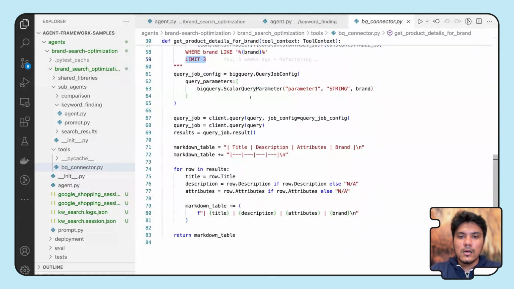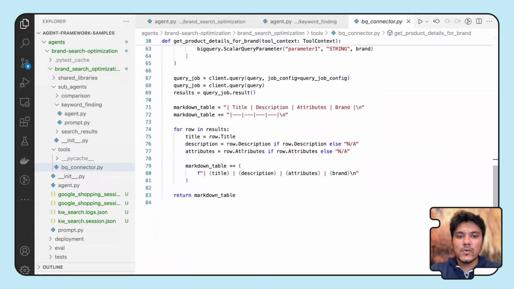It will run this query job, get the results, and then transform the results into a markdown table like this. This is a formatting that we've been working with. You can also have your own formatting if you prefer anything other than markdown. So